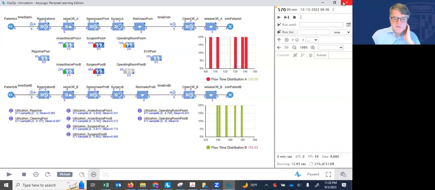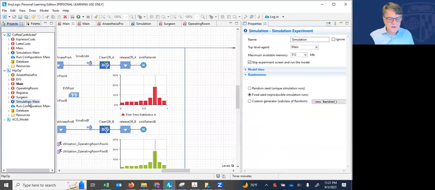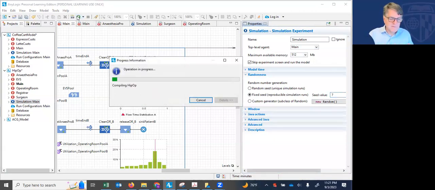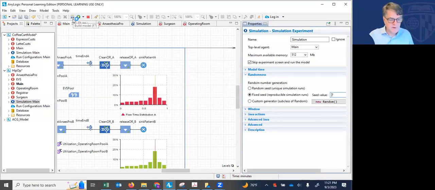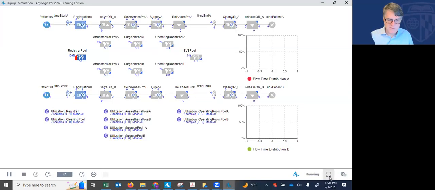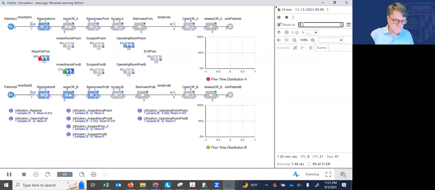Okay, let's do one more simulation run just to get a feel for this case. Now, to get a new run, we need to just reset our random number generators, and we can do that by changing the seed value to any other value. Let's take a 7, and we just run it again. So I'm recommending that you do this, given what I'm seeing here, a minimum of 5 times, and make sure that you go to 570 minutes each time, so that we're simulating the day. Okay, and then I'm going to run this,